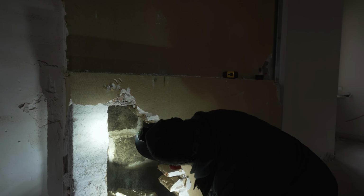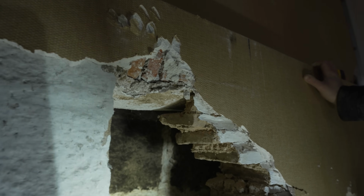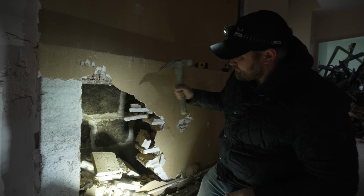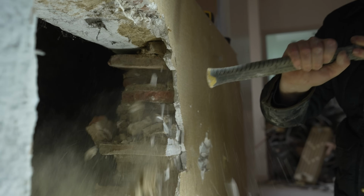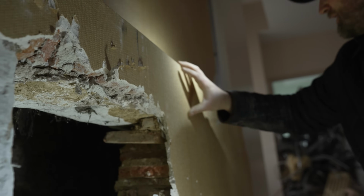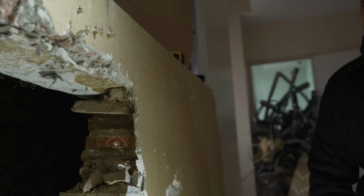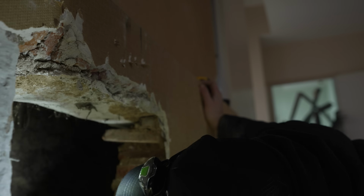Do we just have a brick mantle maybe? Not a granite one? It appears so. Yes, so it's just a brick lintel that they've put in. That's a shame. I was hoping it would be a lovely piece of granite going through there. But nevertheless,